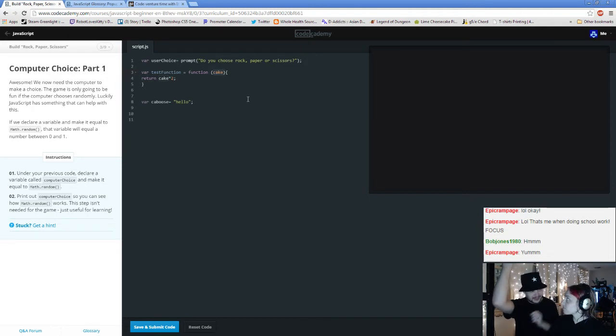Just focus on this. So, function cake. When you put things into it, JavaScript doesn't care what kind of variable. So that could be a string. It could be an integer. It doesn't matter. Okay? So you have a function. It takes the variable cake. So what I want you to do is underneath caboose,